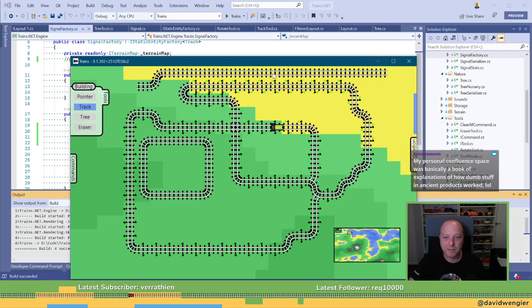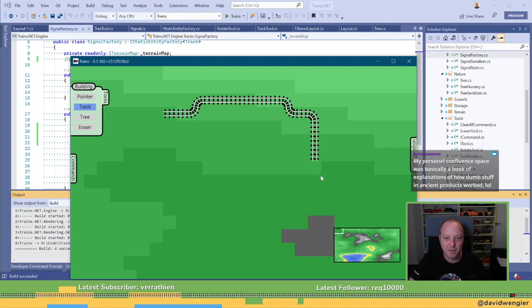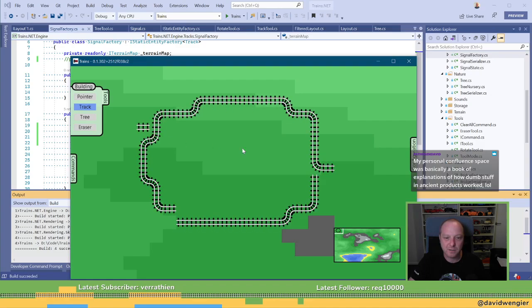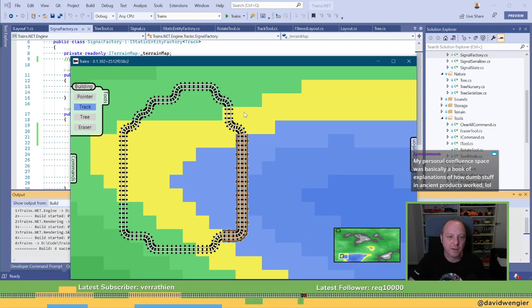So now we're creating tracks. Oh, can we join? Oh, that's interesting. Let me clear all this because I can't see anything. Okay, so we're still creating tracks. That works. Bridges work fine.